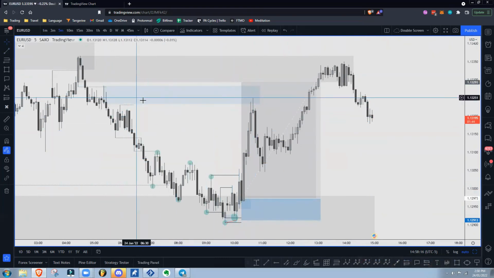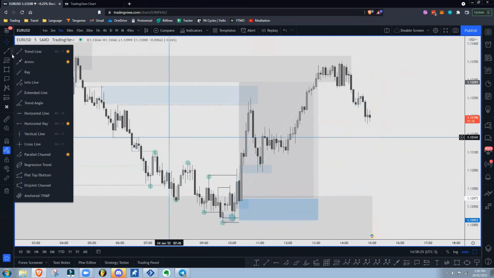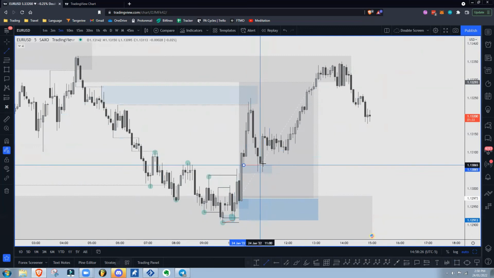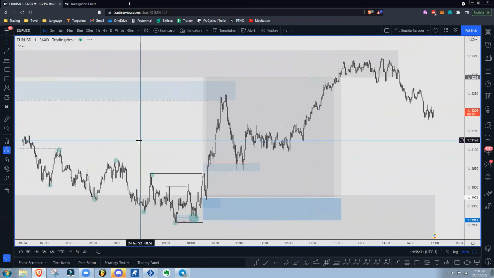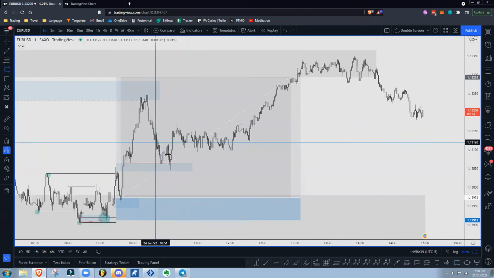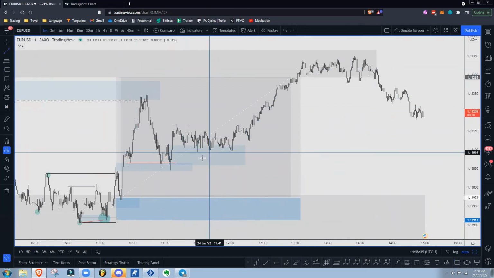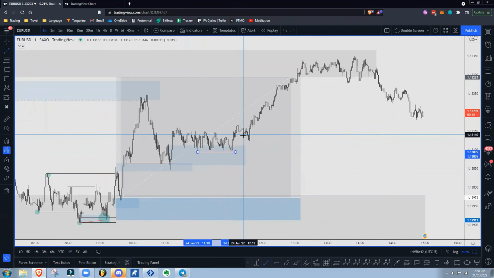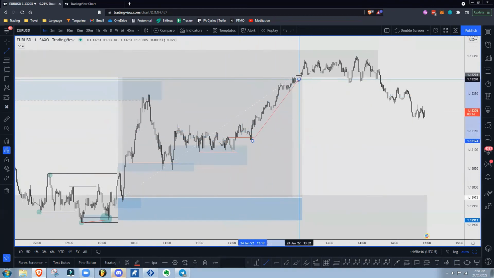Where to? After we swept this liquidity, we come right down into a level of imbalance right here. Right? We dabble into that imbalance. We sweep this low right here. And then on the 1 minute, you can see we break structure, right? We sweep and we break structure. These are the last consecutive down candles, right? We make these equal lows really, and then we break structure and we just continue up to our target.